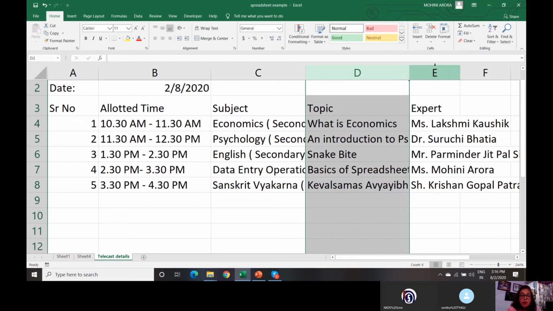Right? So to modify a worksheet, I can modify the length, I can modify the width, I can insert a new column, I can insert a new row, I can delete a column, I can delete a row. In fact, I can also insert and delete cells as well.